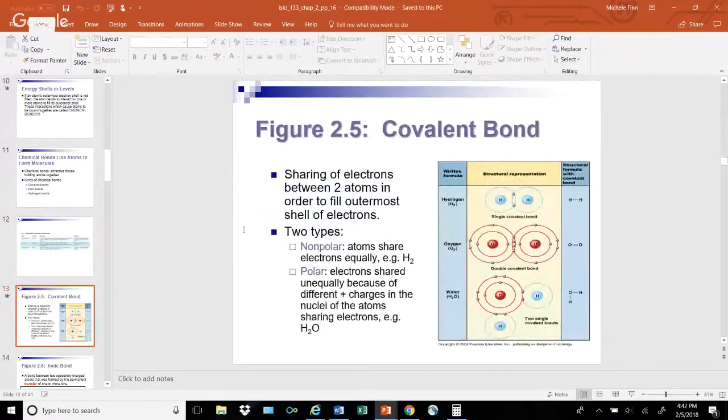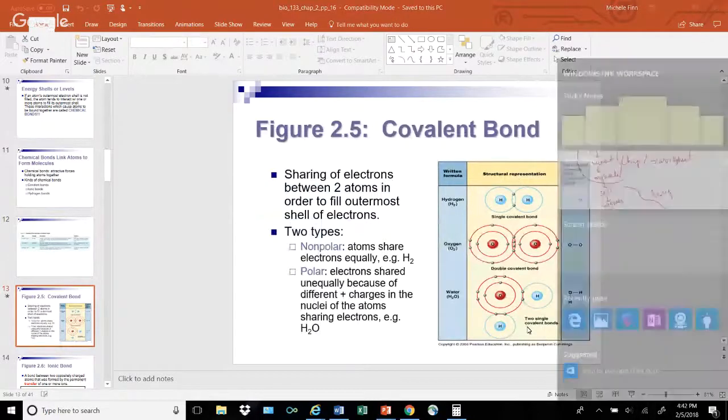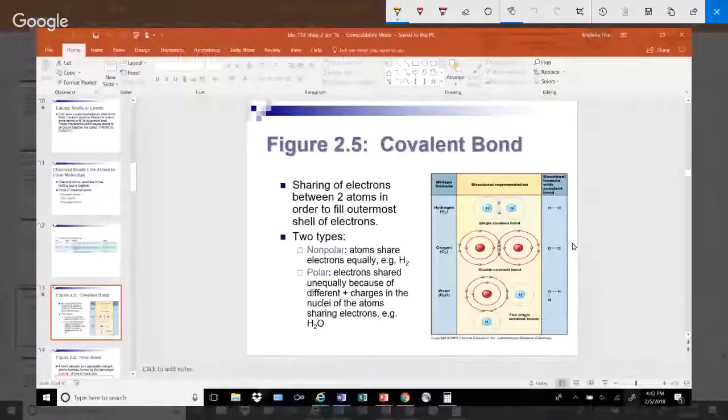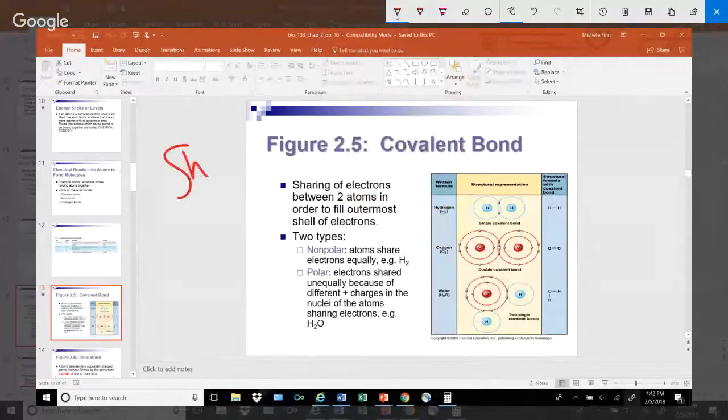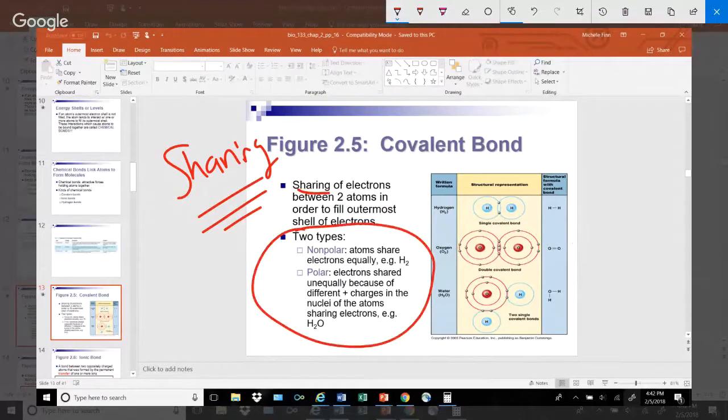So when you look at the covalent bonds, remember I said there's one word you want to think about with these valence electrons, because remember, it's the electrons that are going to help me form these chemical bonds. And the one thing that you're thinking about with covalent bonds is in those valence shells, those atoms of those elements are going to be sharing electrons. Now, I talked about in class that you didn't have to give me examples of when covalent bonds share electrons equally or unequally, but obviously two common molecules that we've discussed a little bit in class,